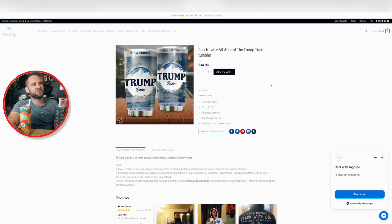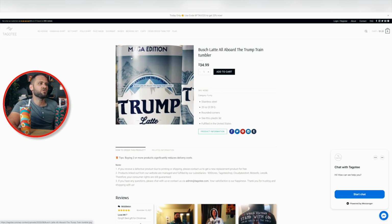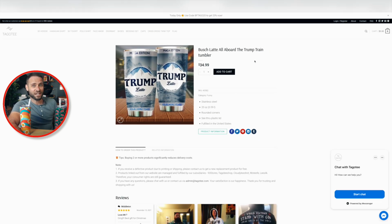Another option would be to do something like this here. Now, this is not the actual niche that I'm telling you to do, but what I'm saying is this is a play on the Busch Light logo. If you know what a Busch Light is, it's a type of beer. You could actually create a tumbler that sort of mimics the logo of the beer. Obviously, make sure to create it from scratch. Make sure to make it different. Make sure to not make it the actual Busch Light logo, but you could do this with Budweiser, a whole